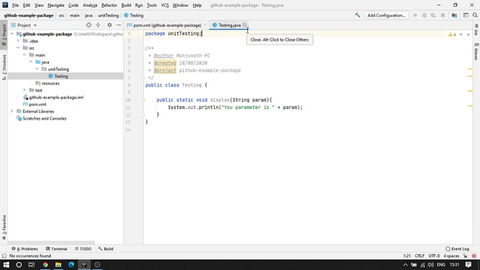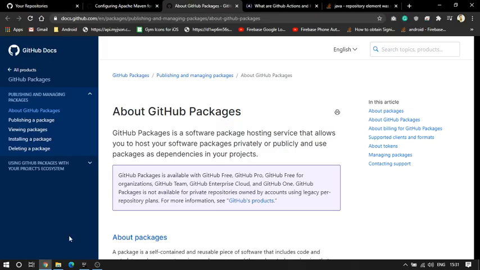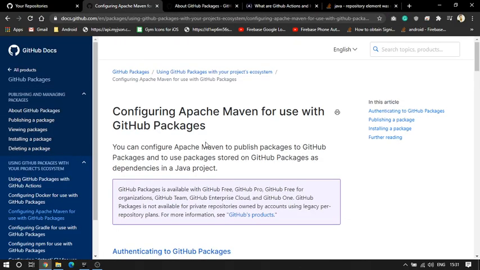Now let us assume you have created your project. You want to share it with some of your colleagues, but you have to use it as a dependency, right? So I'll close this one. Now we are going to work with the Maven POM file. Let's go back to configuring Apache Maven.